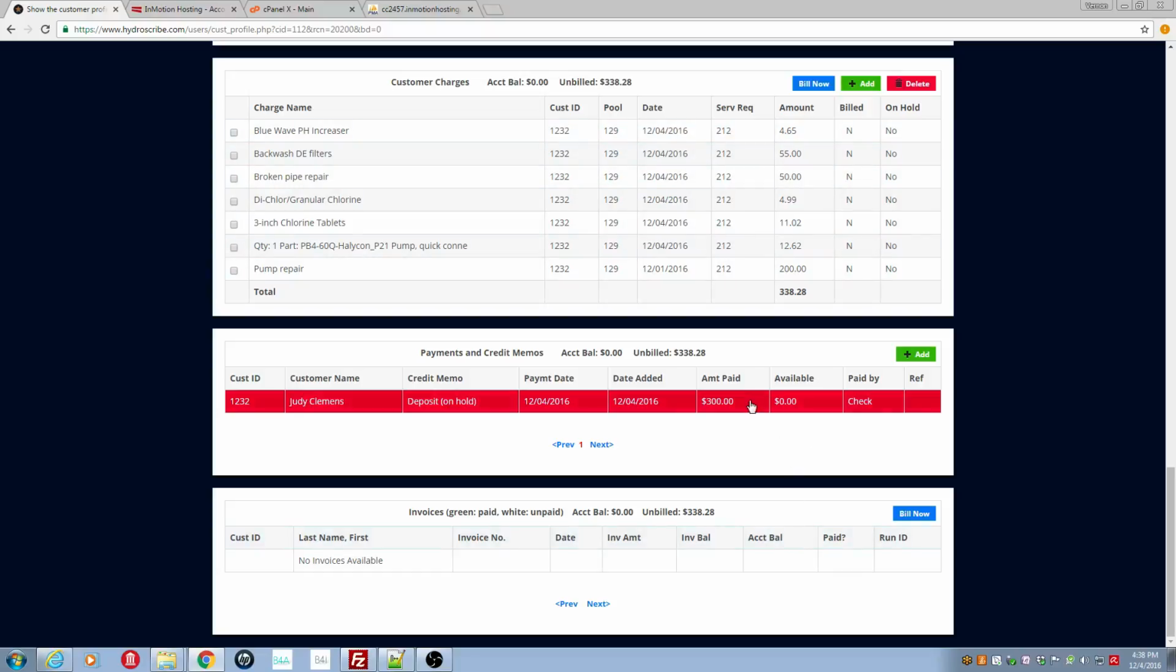However, we want this $300 to be reflected on the statement that is created when we bill. So in order for that to happen, we must first release this deposit off hold and then bill this job, which will then pick up this $300 on the statement. So let's look at how we release the deposit off hold. To do that, we click on the green Add button,